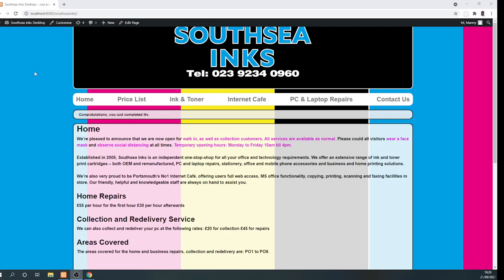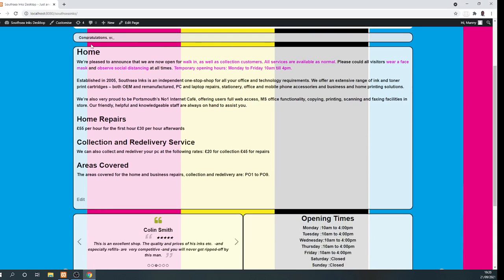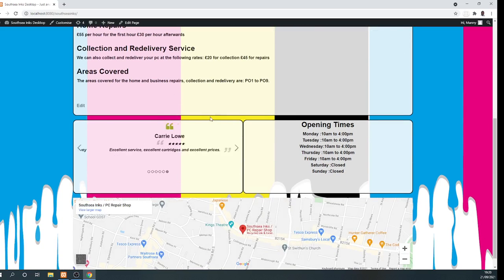Here is what is called the front end of the website. It consists of South Sea Inks, the logo, navigation, some code which displays this, a section which displays home repairs, collection, delivery, areas covered, a section which displays